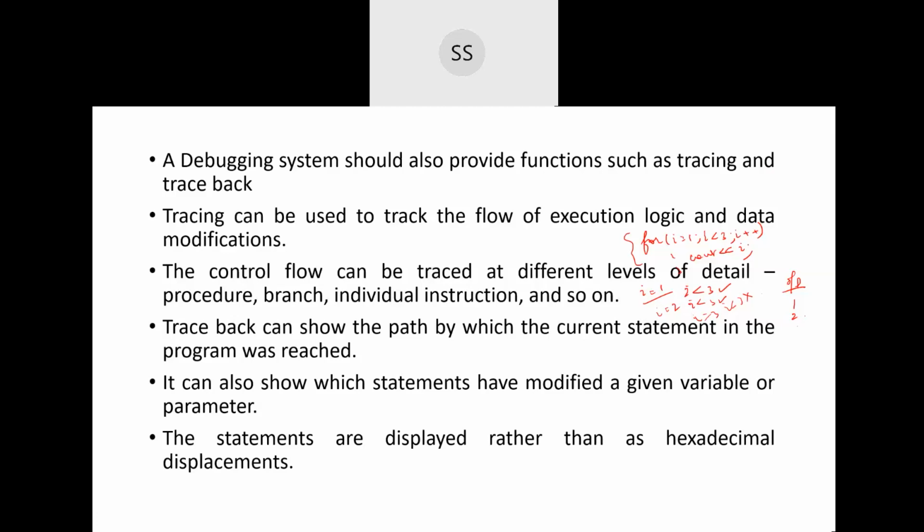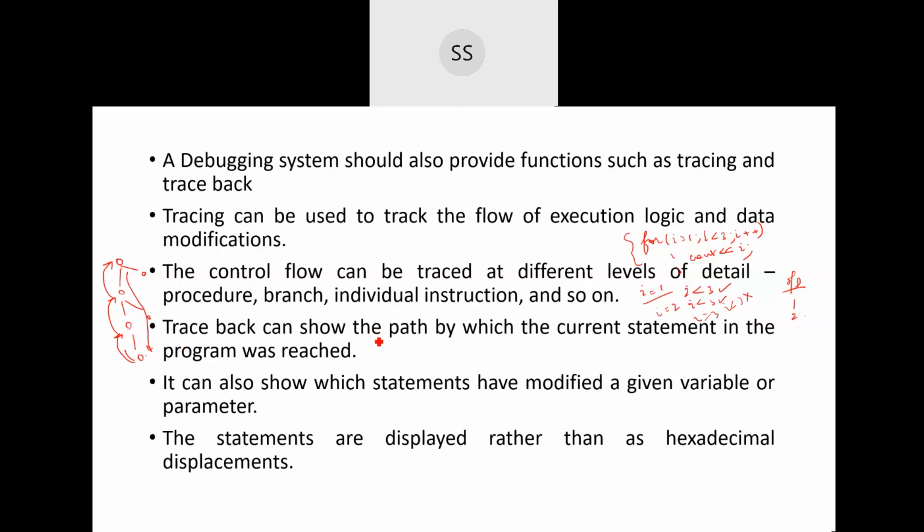Now, the second function which is provided by your debugging is called traceback. What is it? It is traceback. Imagine that you have done a set of operations. You have separate branches. So you have reached a particular point. So how do you know, I have reached from this particular node, I have reached from this particular node. So that is called traceback. You're trying to find out from which particular way you came. I mean, in which way did you reach this particular point? That is called traceback.